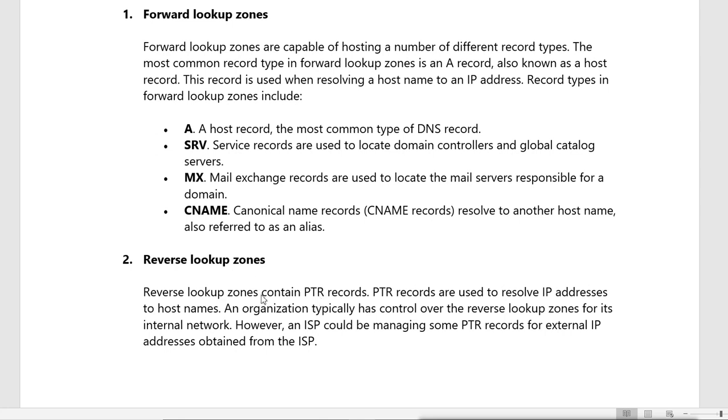So reverse zone resolves IP to name, and forward zone resolves name to IP. Mostly we always use the forward zone. We don't use the reverse zone. Reverse zones are rarely used, because when you know the IP address, you don't want to get the name. You can directly connect with the IP. But if you don't know the IP, you only know the name, then you have to send a request to DNS to get the IP, and you will get the IP from the forward zone. But if you already know the IP, then you don't need to send any request to DNS. So reverse zone is hardly used.